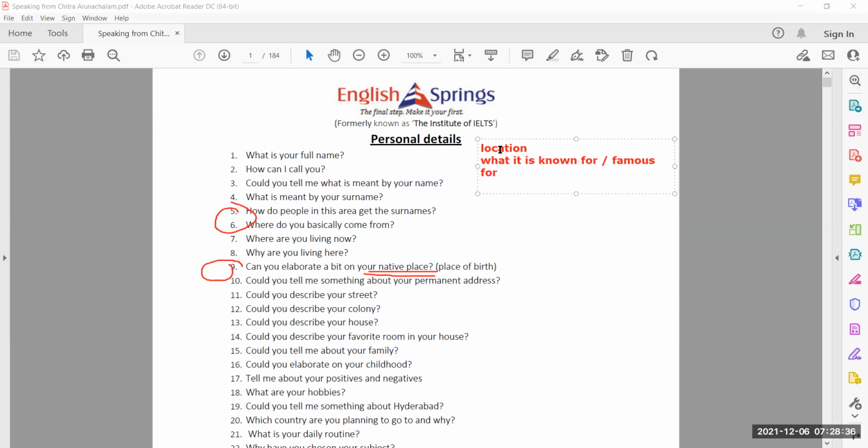And then you can talk about the people, how the people are there at your place. Are they friendly? Do they have a helping nature? Are they extroverted? Are they introverted? Are they welcoming people? Are they so sociable? So try to come up with some words to describe the people in your locality, in your native place. Then about the culture, okay, multicultural society, you can mention all those things. And you can talk about the food, yummy, delicious, scrumptious.